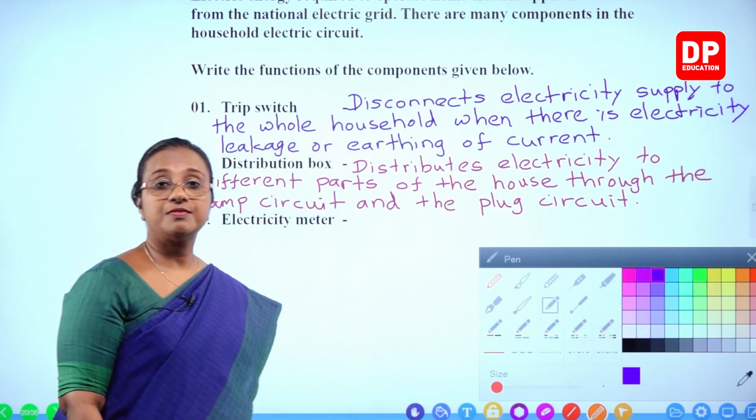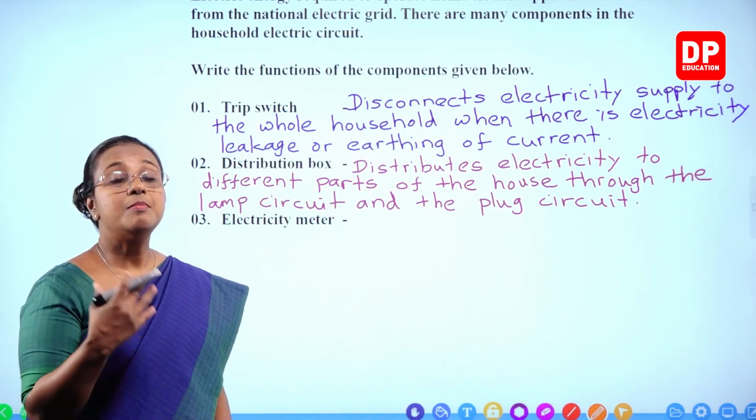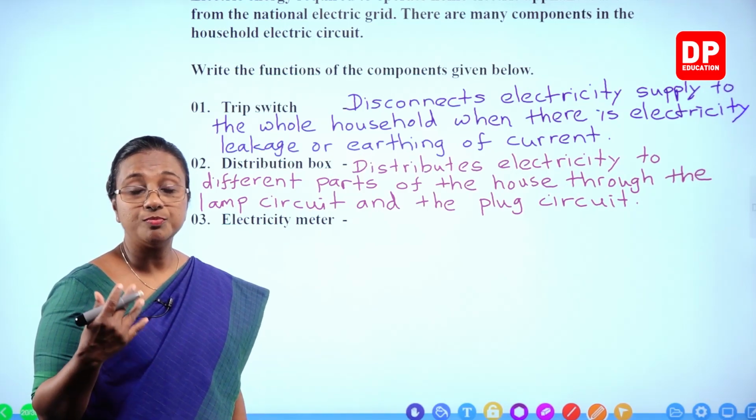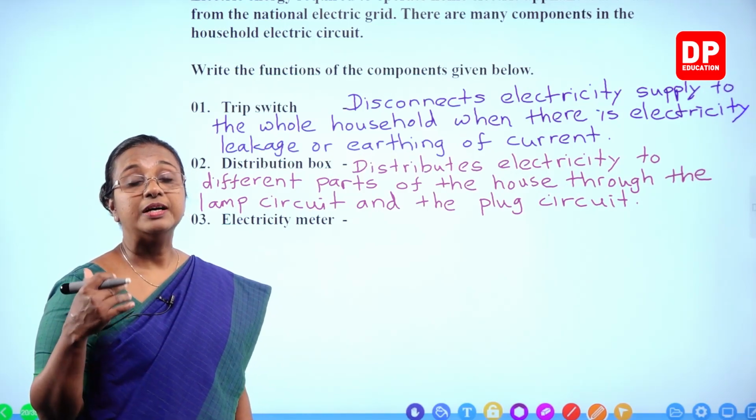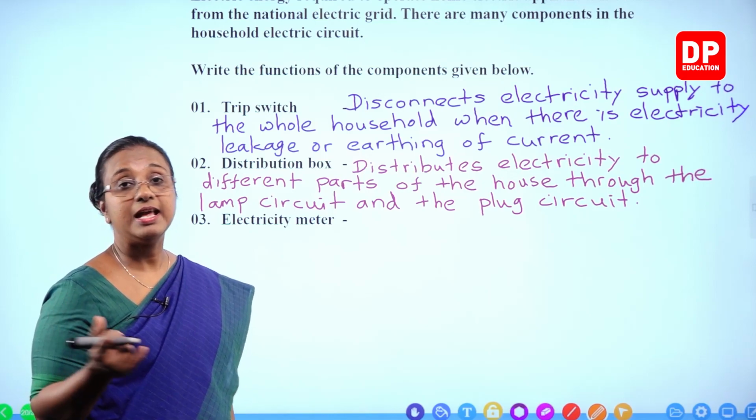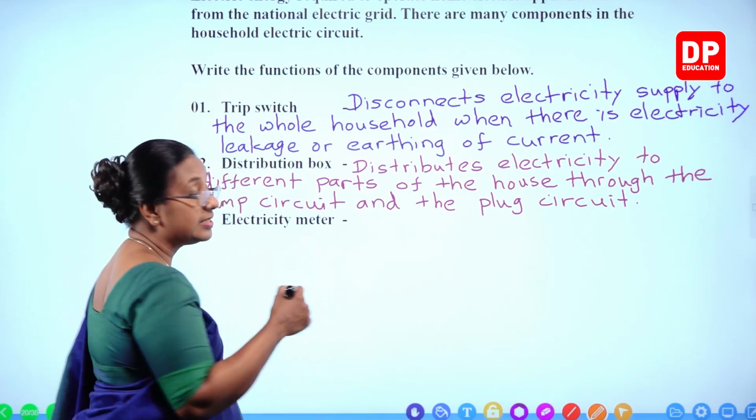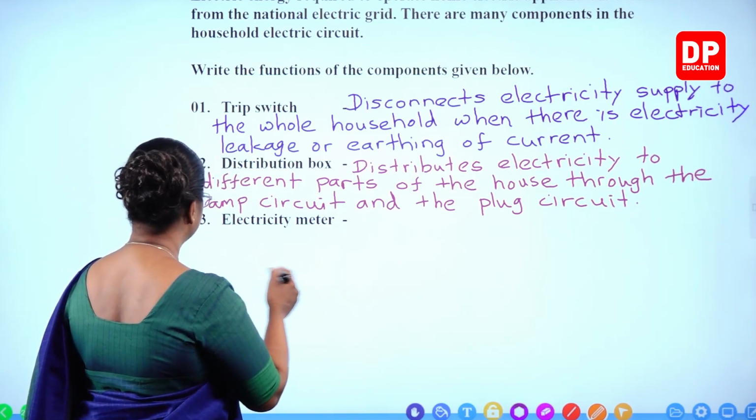What is the function of the electricity meter? Amount of electric energy consumed by the consumer is recorded in the electricity meter or monitored by the electricity meter. We can